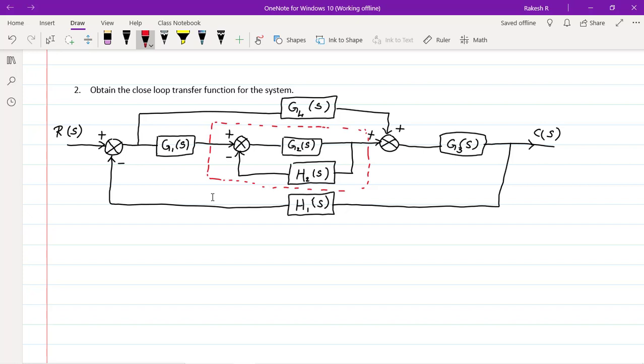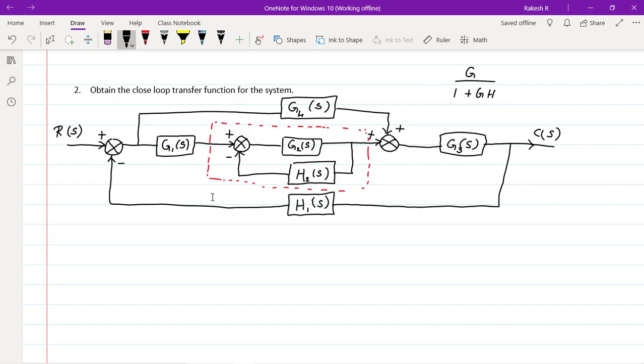You see here, the signal has started from this point, right? It has come to G2 here and we have the takeoff point and it has come back to H2 and it has reached the summing point here, right? So this becomes a minor feedback loop here, right? Now I shall reduce that one. What is the formula to find out the loop here? We have G divided by 1 minus GH. This condition should be used only when the sign is positive here, but in this we have negative feedback. So this becomes G divided by 1 plus GH.